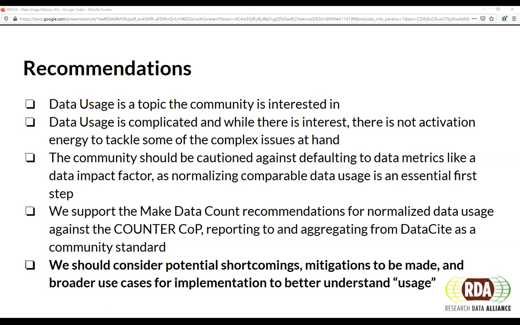As RDA asks all of its working groups to come up with a set of recommendations, to me, these seem very much appropriate, and they capture what I remember from the last 18 months. And I think that's what your question was originally. And so I would just say yes, yes, yes.